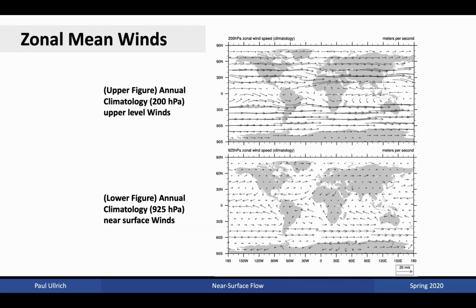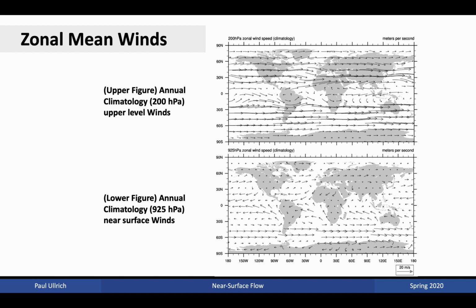These two diagrams show wind vectors at the top of the troposphere in the top diagram and in the near surface on the bottom diagram. Notice in the top diagram that we have primarily westerly flow with very strong westerly winds in particular as we get into the mid-latitudes. This is, of course, a consequence of the free atmosphere not having too much frictional effect associated with it,